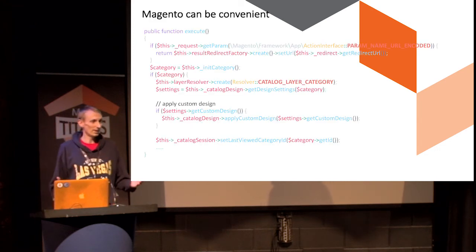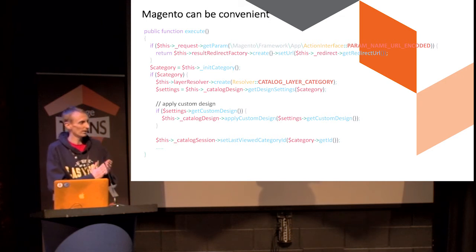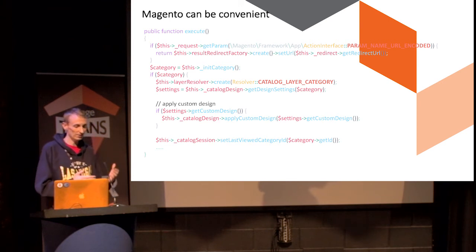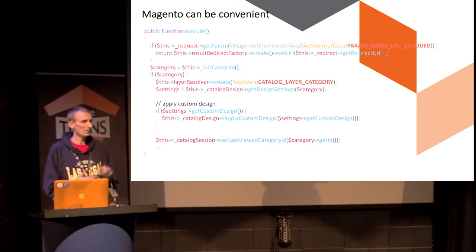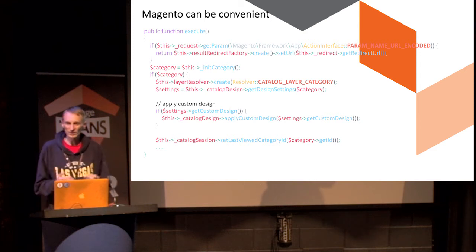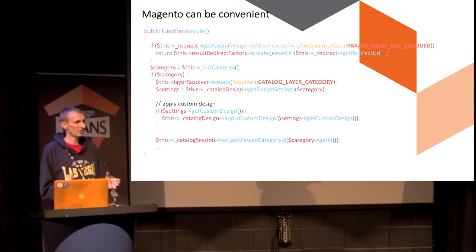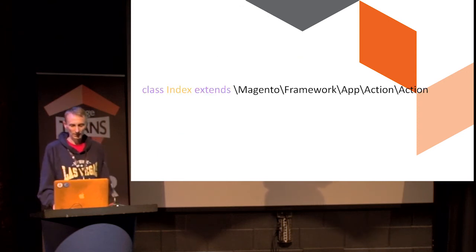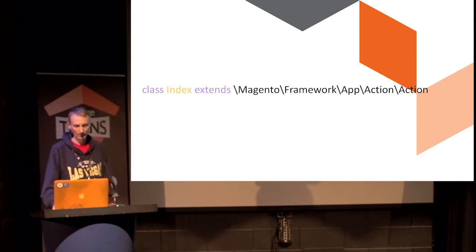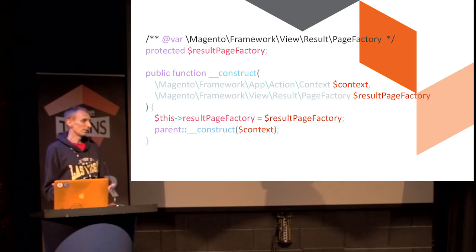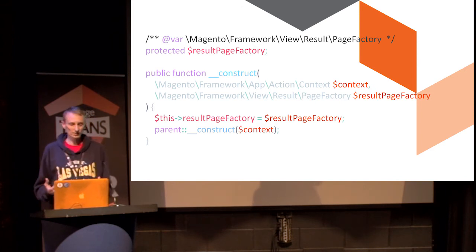And Magento is, by nature, convenient for us to use. In one of our controllers, an index controller, we can see that it's got all the helper methods for initializing categories, it's got the catalog design, so it's got all these helper methods that we can use by default to make a page, to show how products should look, to actually pull in the templates. So it's convenient for us to be able to build applications fast. And all that comes from just extending from the controller action. We inject into it a results factory, into our constructor. So we've got a little bit of bootstrapping that we need to do to get this convenience, just to build